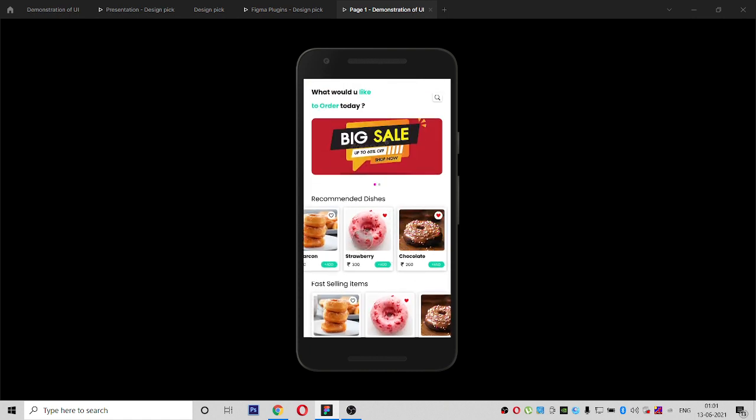So I have demonstrated a real-time example of how to design a UI according to the requirements gathered. It might be any kind of business or any kind of technological strategy. We have to get the user requirements. We have to denote what the flow is and how it works and design accordingly. So I think you would have benefited really well.